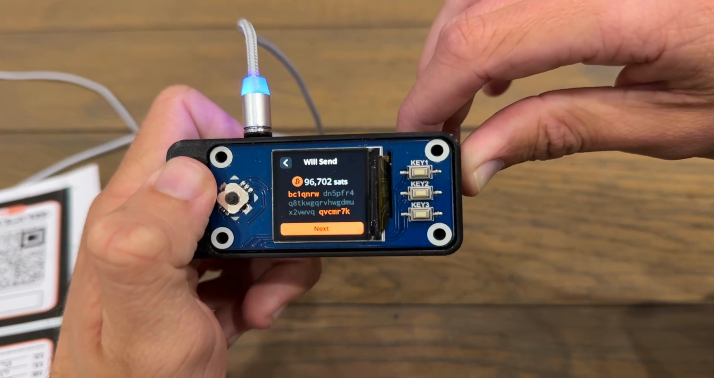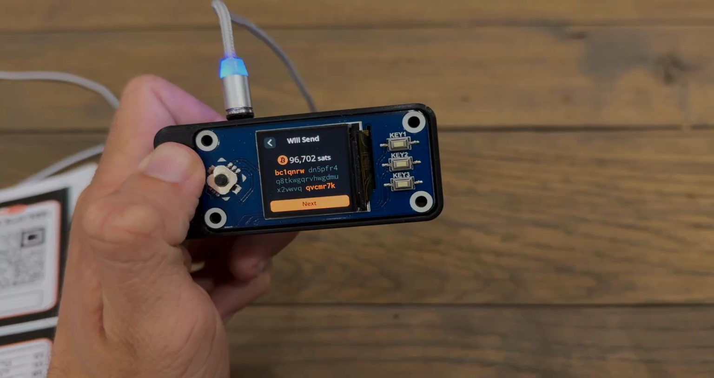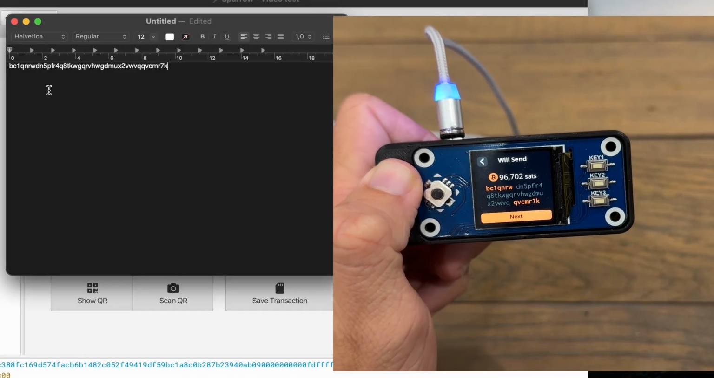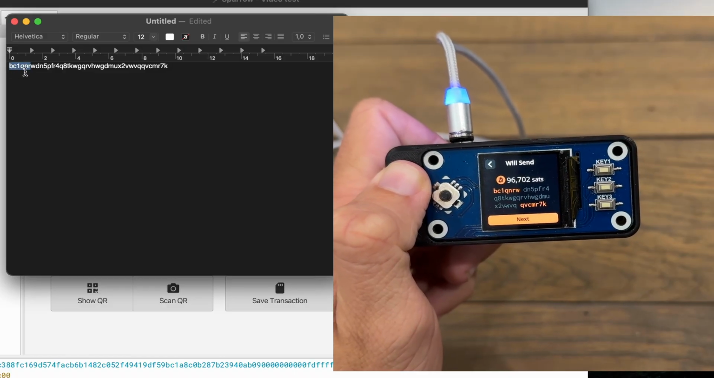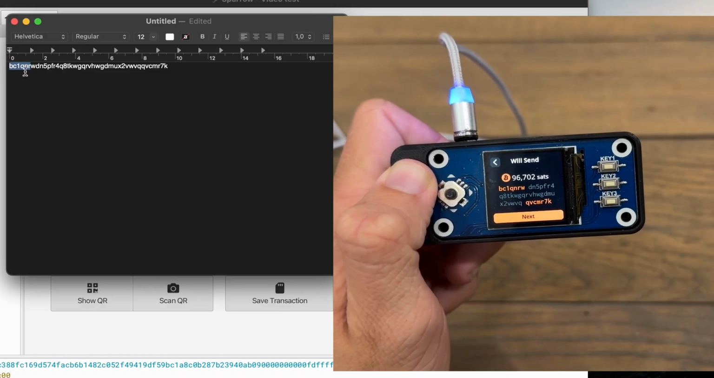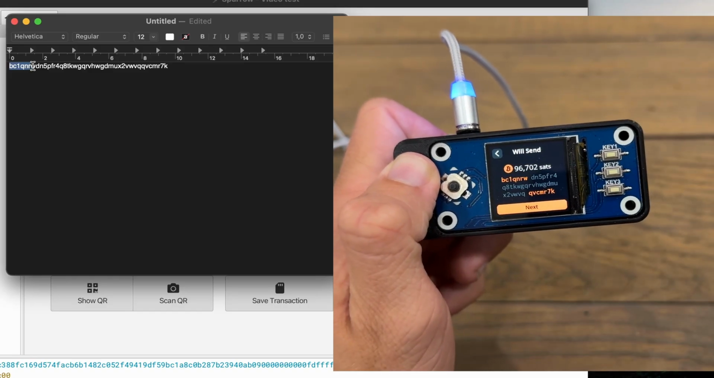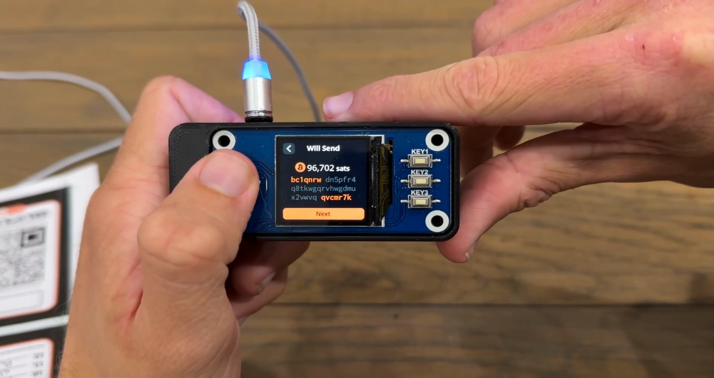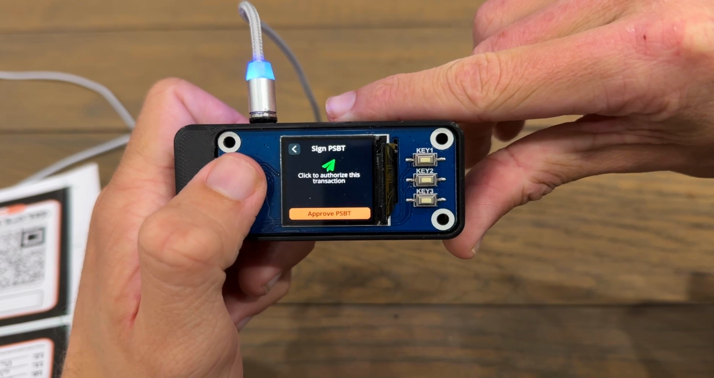And now it's going to show me the recipient's address just so I can confirm this looks right. So I'm going to take a look at my address here. It starts in BC1QNRW, which matches the one I've got here in my notes. And then on SeedSigner, we can see QVCMR7K at the end, which matches my notes. So everything looks good. I'm going to click next, and then I'm going to click approve PSBT, which stands for